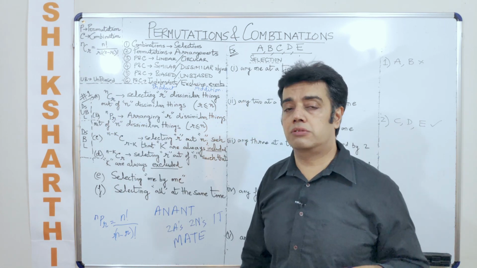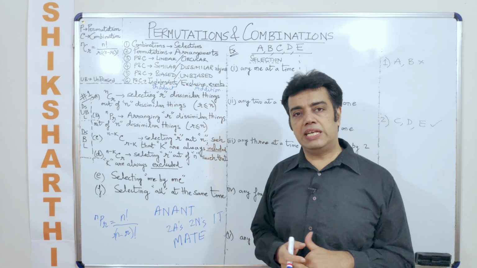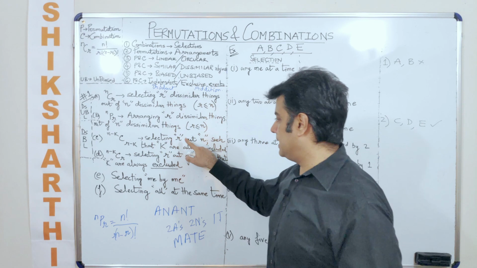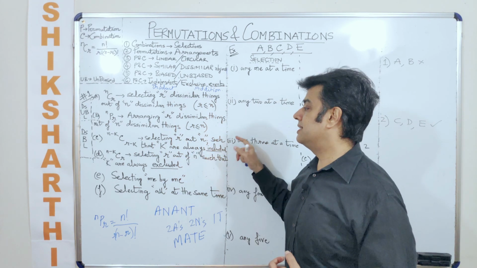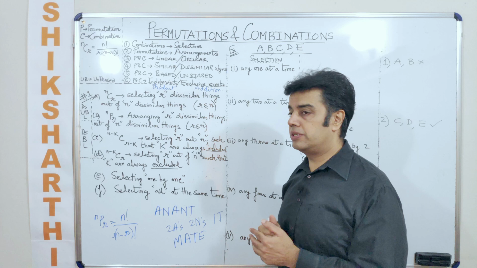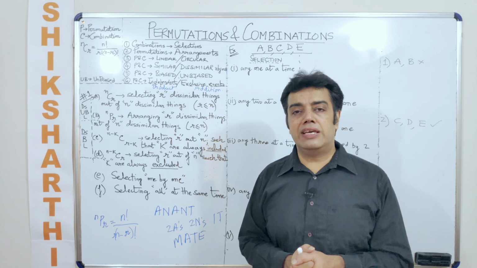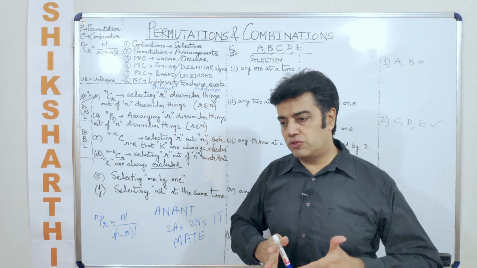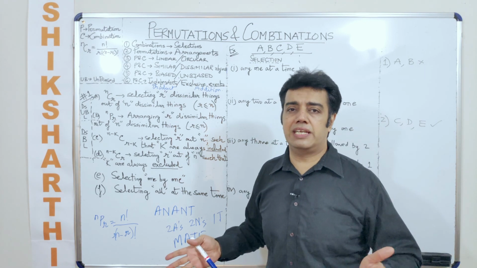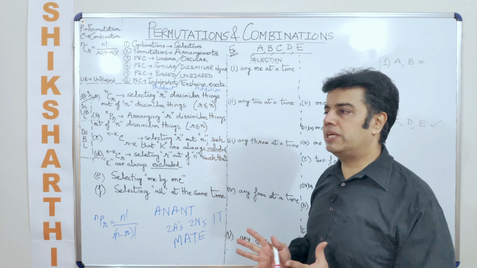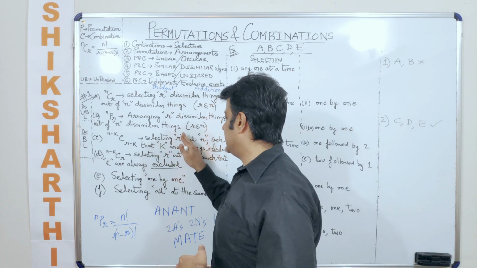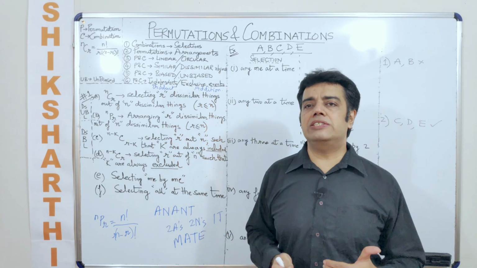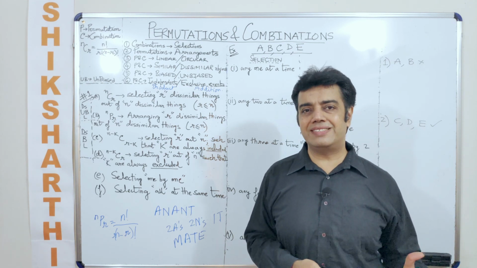Okay. Now, as of now, if I talk about NCR and NPR, there is no precondition. So this is an unbiased way of selection or arrangement. Now let us talk about some preconditions. Suppose I say selecting R things out of N things such that K things are always included. When you are selecting K things, this could be a similar selection or a dissimilar selection, so we are not referring to that as of now. We are talking about selecting R things out of N things such that K things are always included. Now when K things are always included, that means this becomes a biased selection.